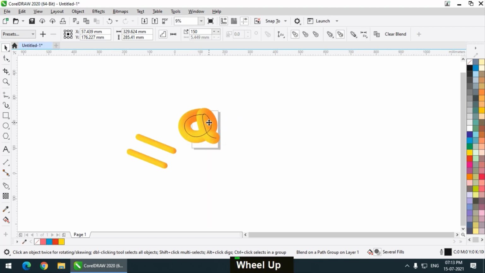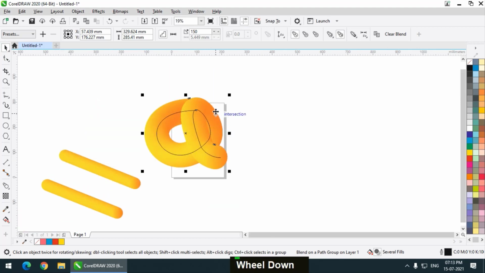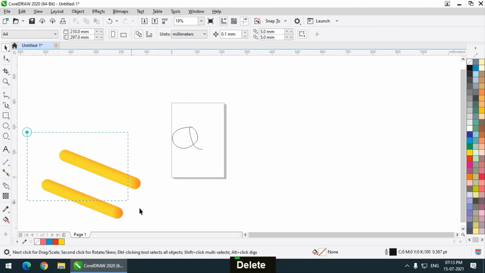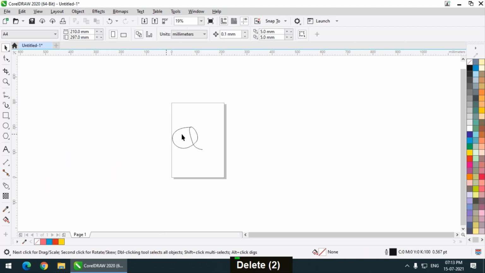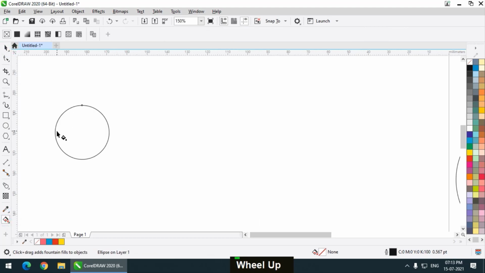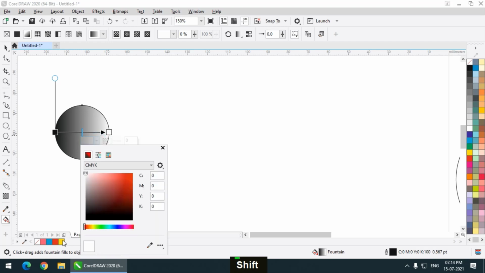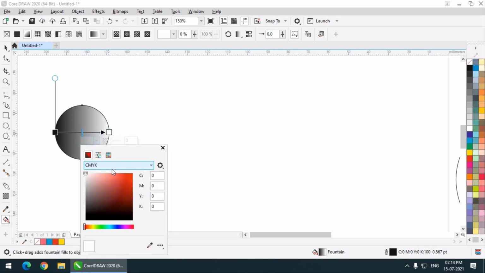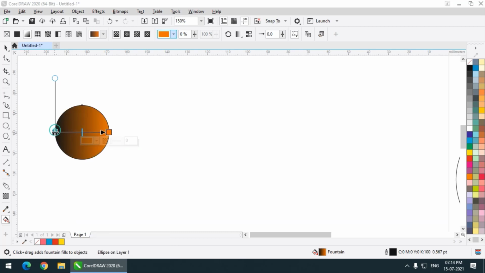I will decrease the size of this blend a little bit. So I will create a smaller circle, orange and yellow again.